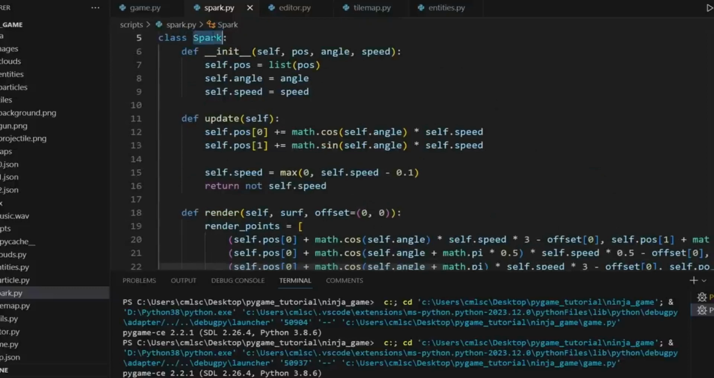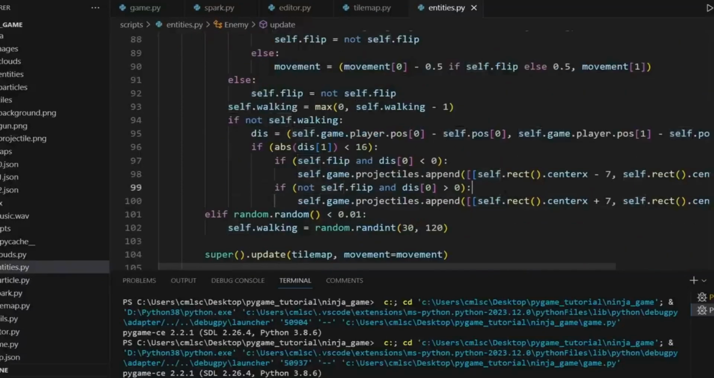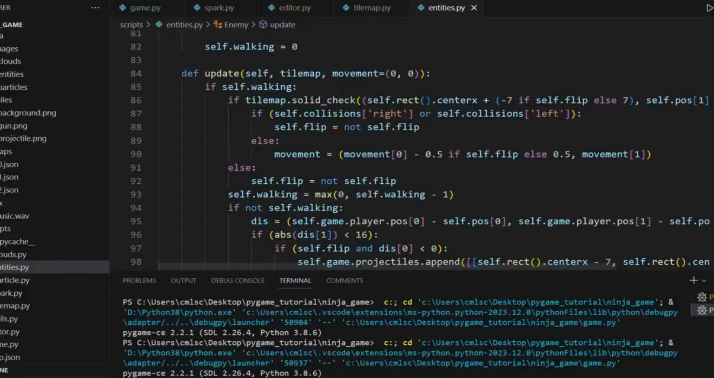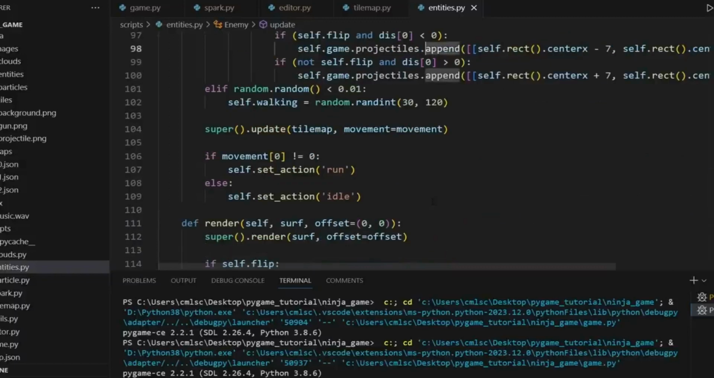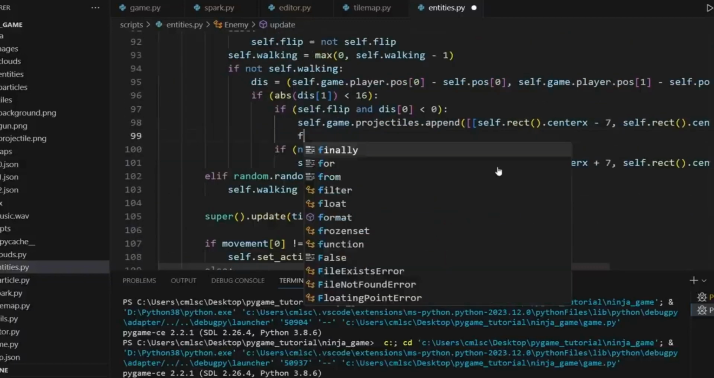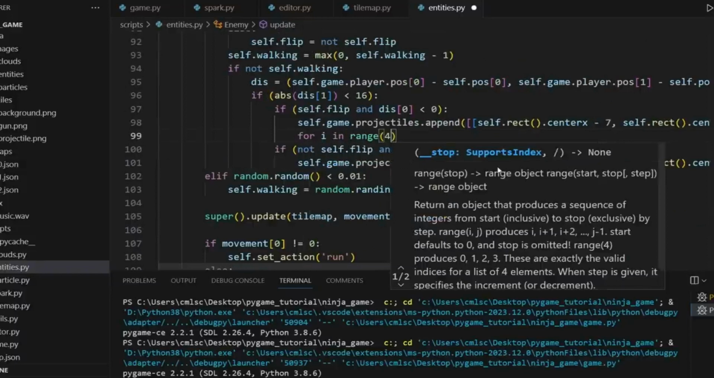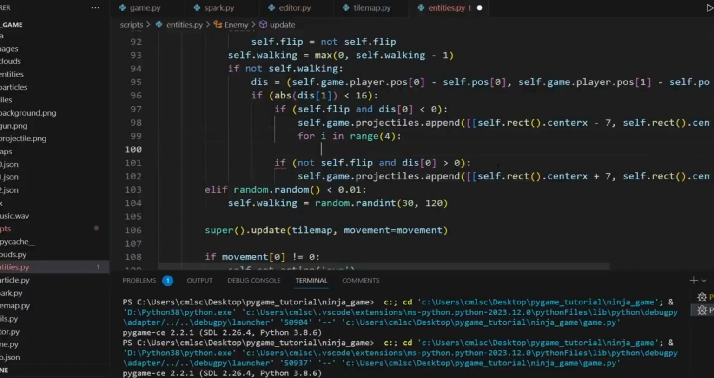Anyways, this is all we need for the spark, so we can take this and start adding it to things. Let's first add it to the enemy. When the enemy shoots, it should create sparks from the gun. The way we'll do this is we'll just do for i in range 4, so we want to do something 4 times. We'll just do self.sparks.append